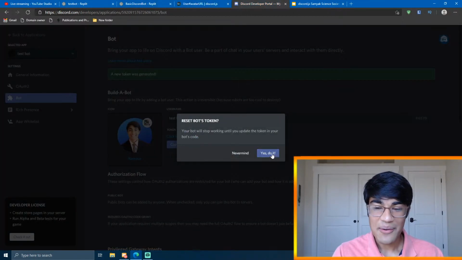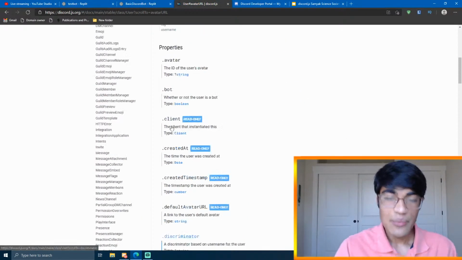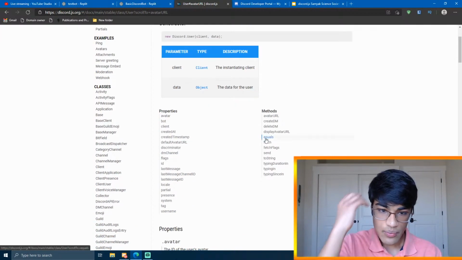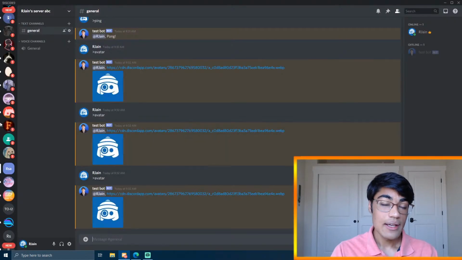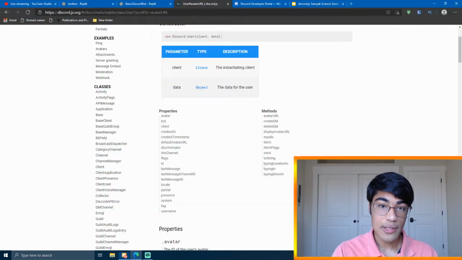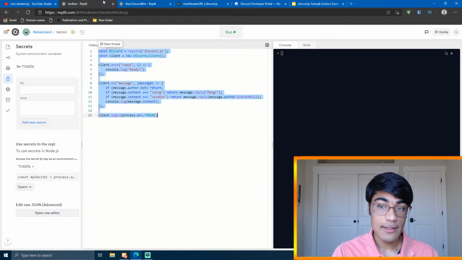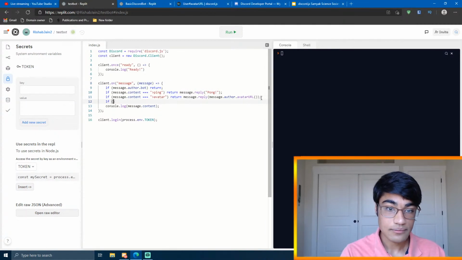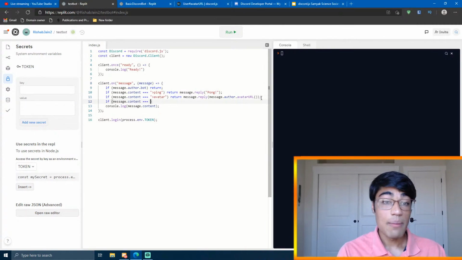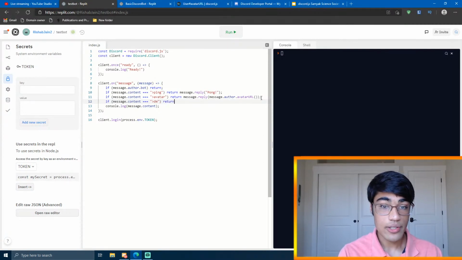All right, so now given all of this, we can also message our author directly. So let's say we wanted to create a command that whenever we run it, it's going to send a private message to our user. We can also do something like that. As you can see here in our command, we could have a DM command